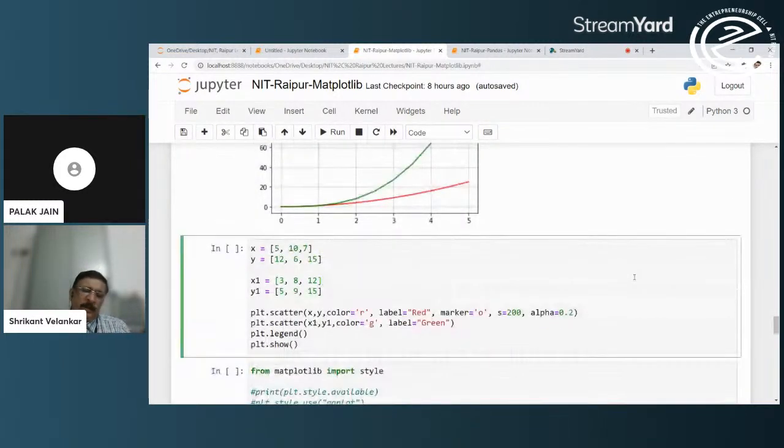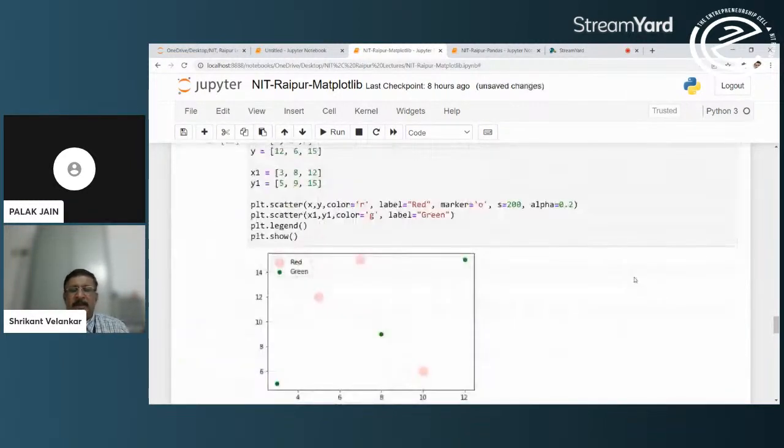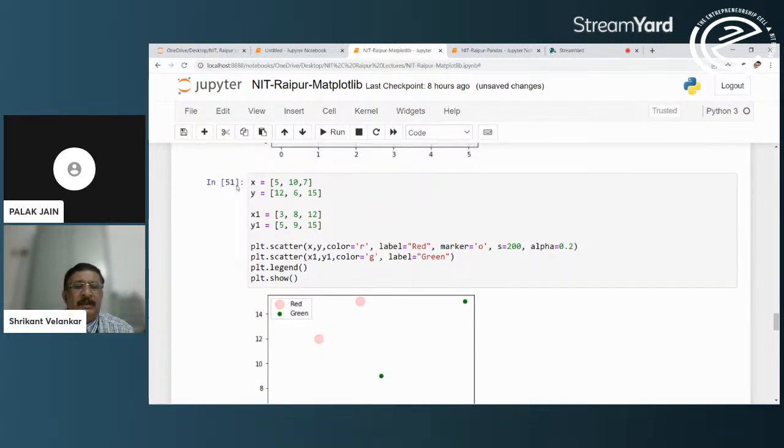I can generate a scatter plot. You will see that a scatter plot can be generated by using a scatter command instead of the plot command. So rather than plotting a graph, now I can generate a scatter plot like this. You will see that red and green scatter plots of different sizes can be generated, and it has been generated along with the legend. The series are visible to you, X and Y. These are the series which are